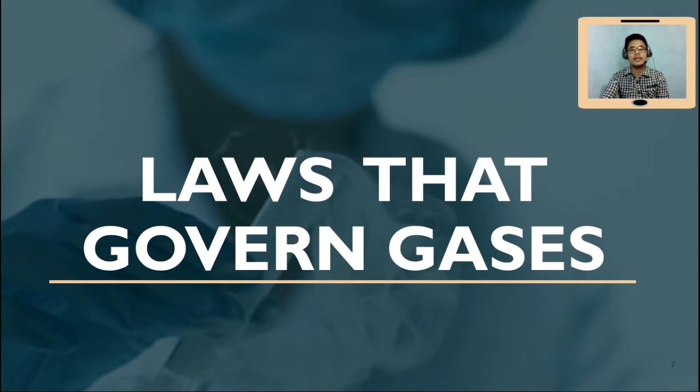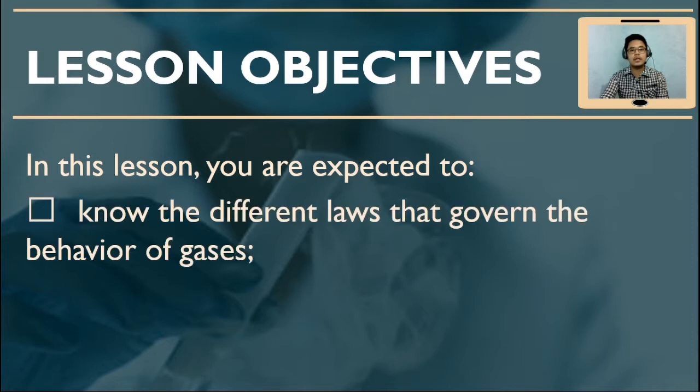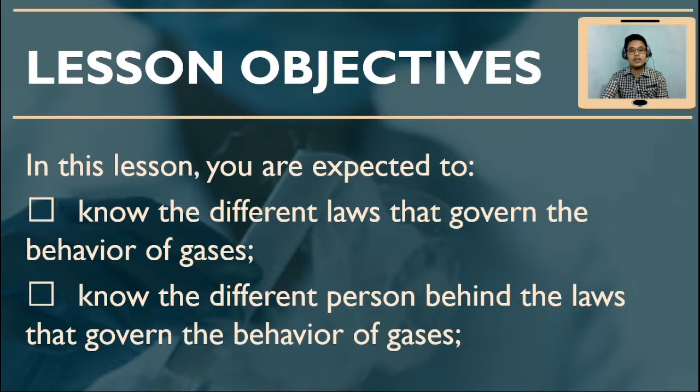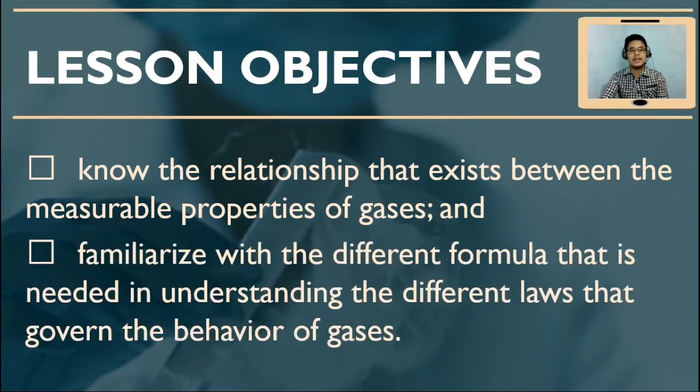But before we proceed with the discussion proper about the different laws of chemistry that govern gases, let's first have the lesson objectives. In this lesson, you are all expected to first know the different laws that govern the behavior of gases. Second is to know the different persons behind the laws that govern the behavior of gases. Third is to know the relationship that exists between the measurable properties of gases, and lastly is to familiarize yourself with the different formulas that are needed in order for you to understand the different laws that govern the behavior